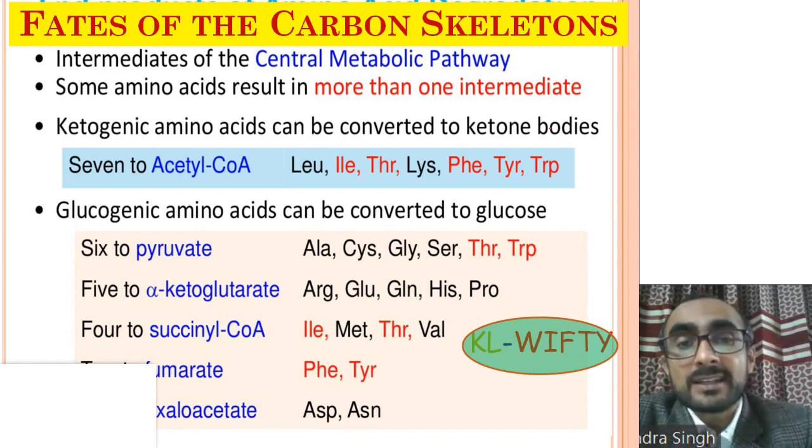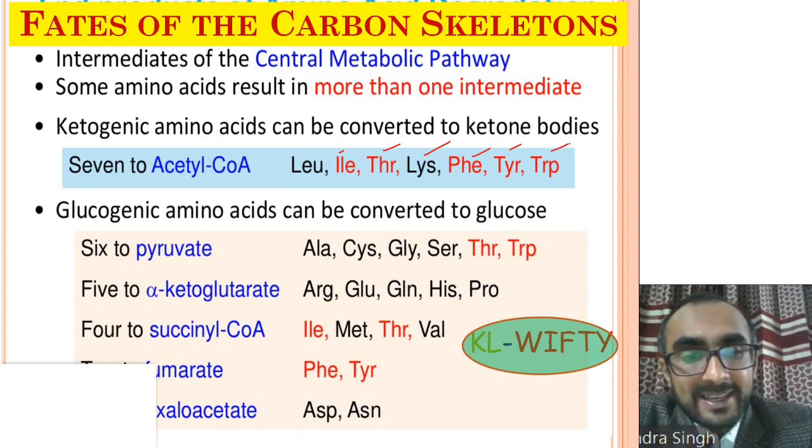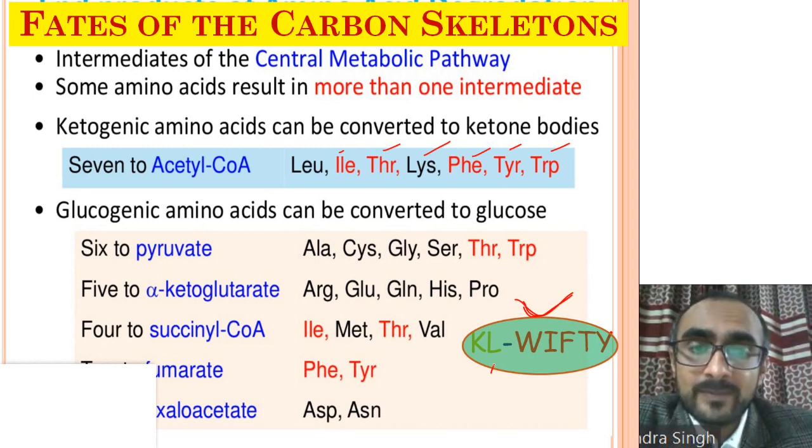Those are leucine, isoleucine, threonine, lysine, phenylalanine, tyrosine and tryptophan. In short, they are called KL50. Just to remember it, KL50. These are one-letter abbreviations of amino acids. So out of 20 amino acids, there are 7 which are converted to acetyl coenzyme A, and out of those